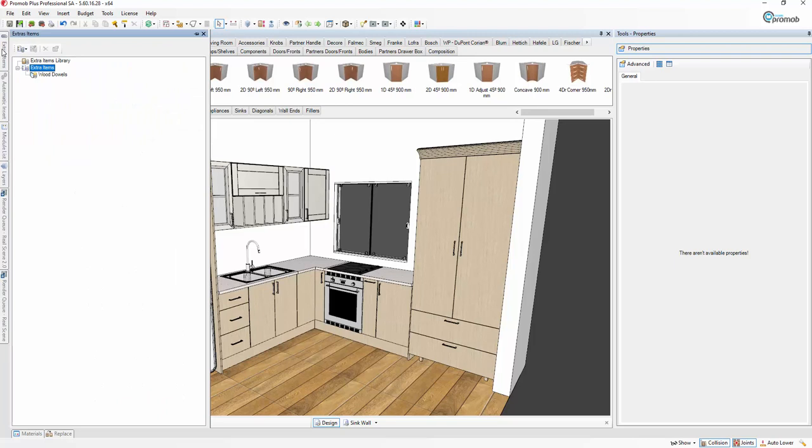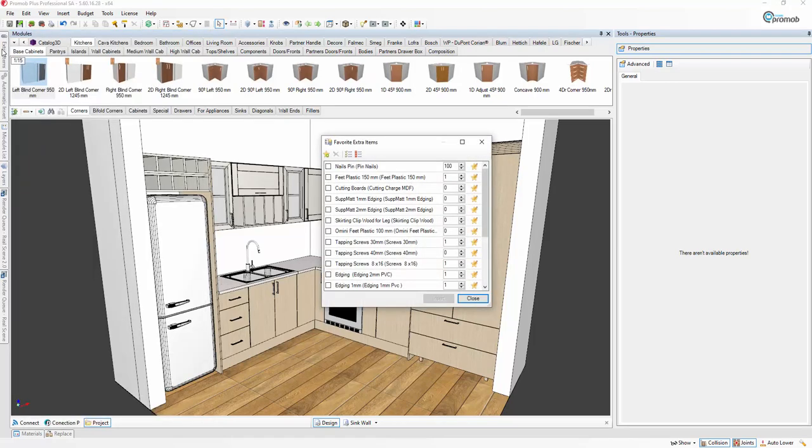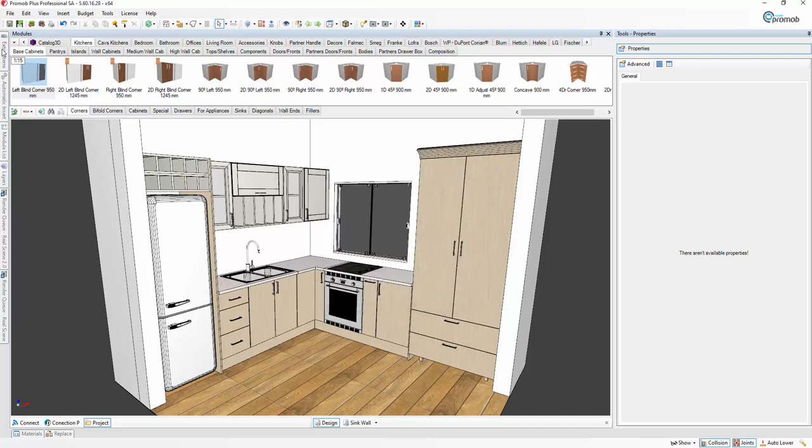Okay, now if I go back to the tab and I click, and I'll go into the favorites, just to show you I've already got quite a few in here that I've created. Going down to the wood dowel, I can change the figure here by 1 at a time, or I can actually just type in what I need, say 100. If I close that,